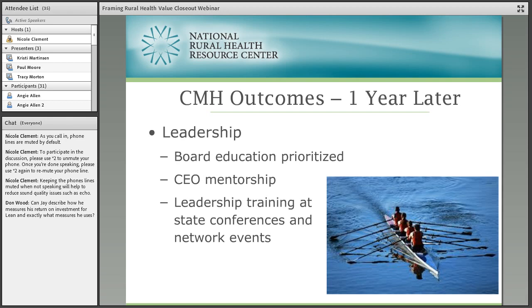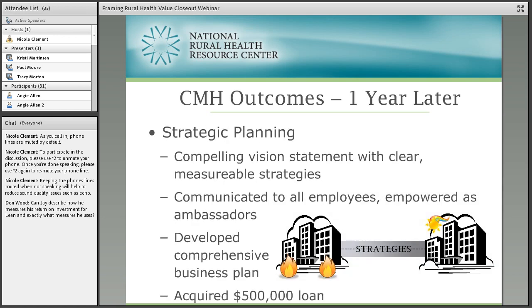And you can read a lot more about what's happened with this case study hospital in the final report. But this hospital story is really partially based on a real rural hospital journey from crisis to excellence. And today this hospital is among the top quartile of critical access hospitals in quality and financial performance. And so the outcomes that we're talking about here today and in the report are fictitious, but they're based on the FLEX program recommendations and on many of the FLEX recommendations that are actually carried out in the real hospital that's related to this case study hospital.